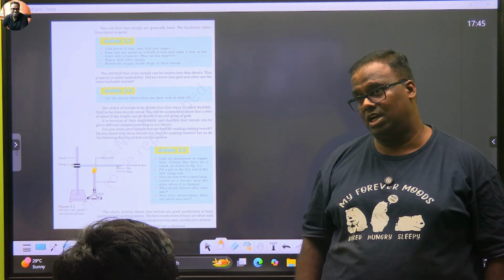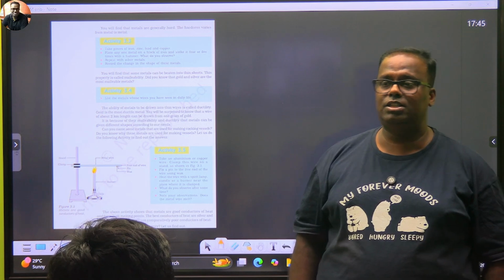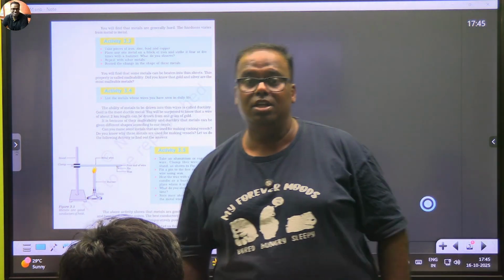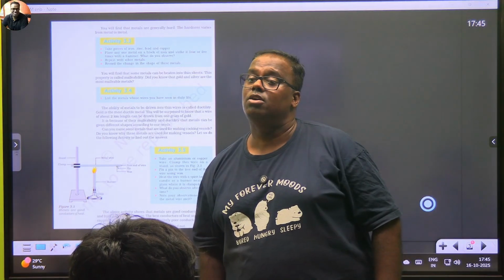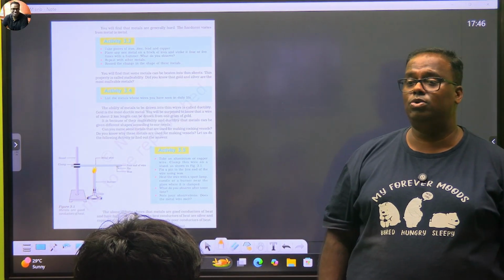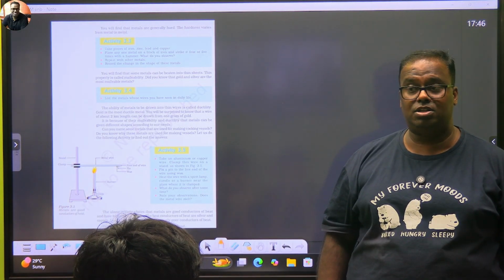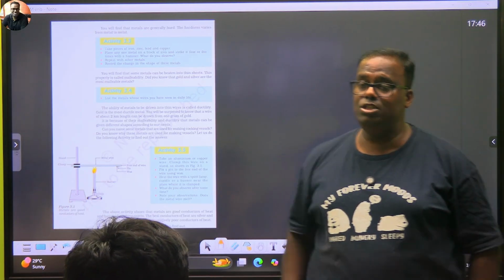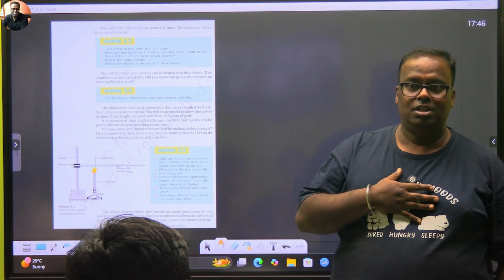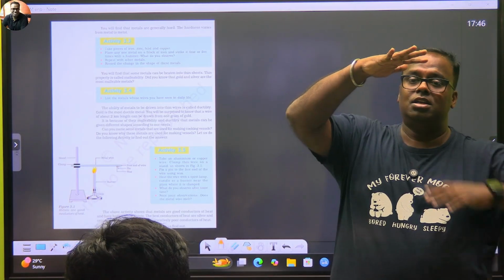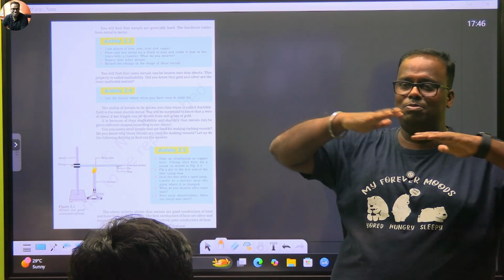However, exceptions are there. When you talk about electrical conductivity, you land up with someone called carbon in the form of graphite, which also conducts. Question arises, carbon in the form of graphite, why do you conduct? Because in the form of graphite, my structure is hexagonal. Hexagonal means me as a carbon, I am bonded with 3 other carbon, and the one is, yeah, pi bond. Well, we can't say pi bond in grade 10.